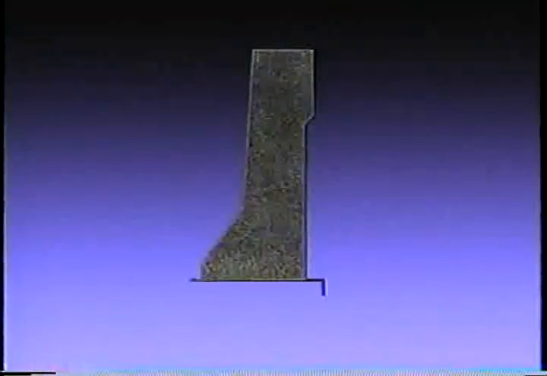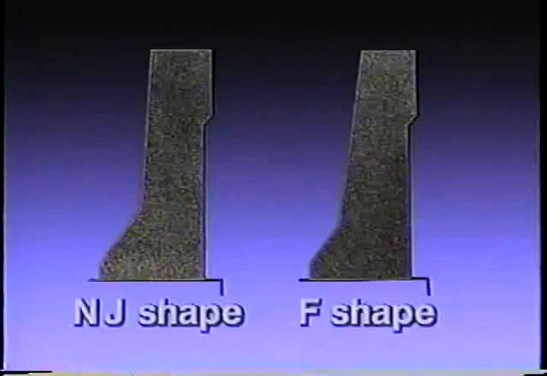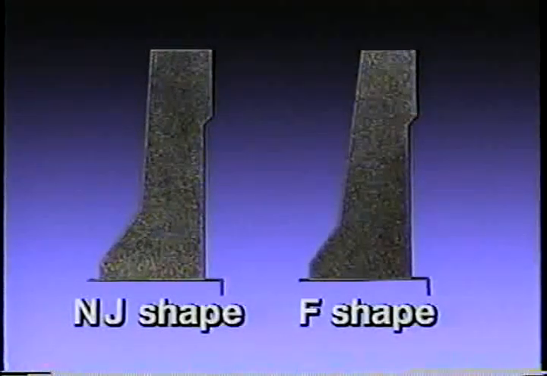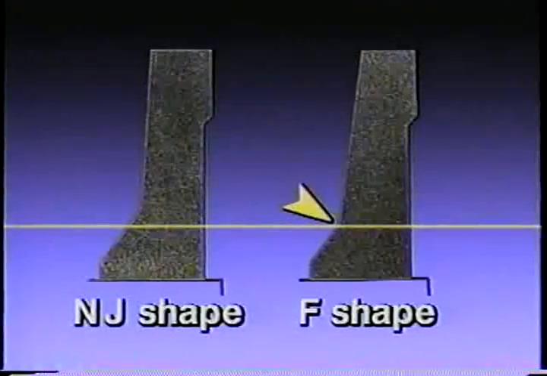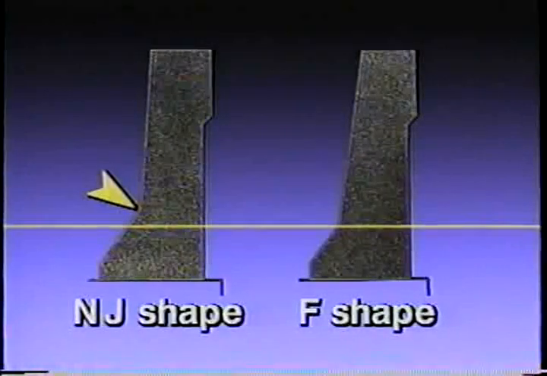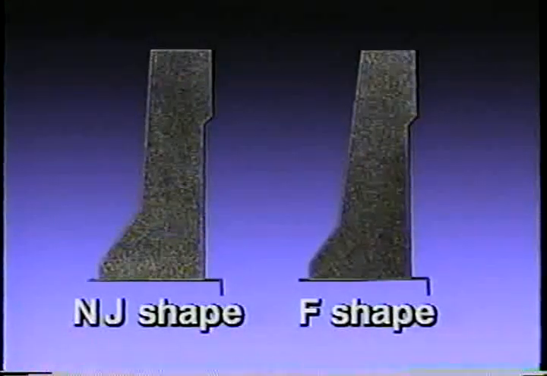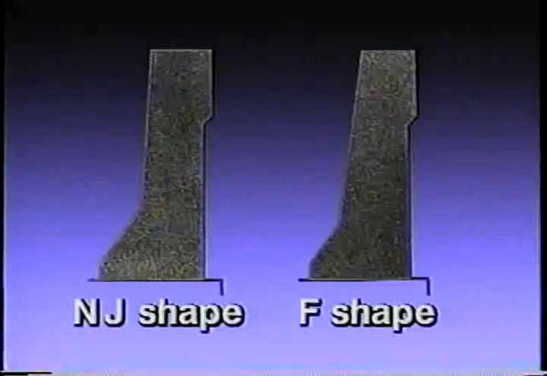Although the New Jersey shape is the most common shaped concrete barrier, it is not the only one. A research project in the mid-70s identified a number of alternative shapes. Alternative F, now commonly called the F shape, was identified as a promising candidate. The slope break point of the F shape is 3 inches lower than the New Jersey shape. This slightly different profile provides many of the same benefits as the New Jersey shape while improving vehicle stability during